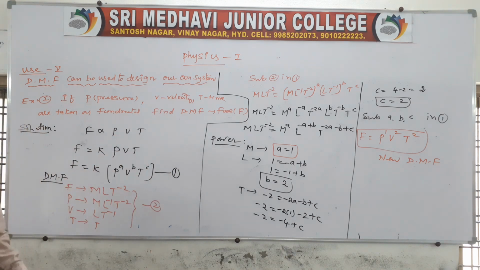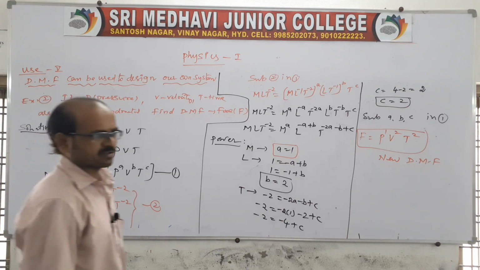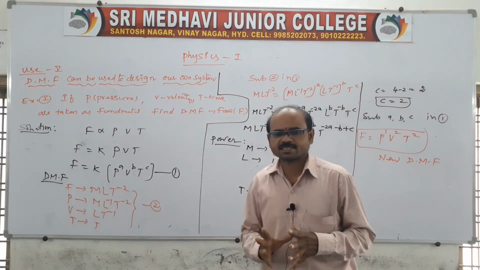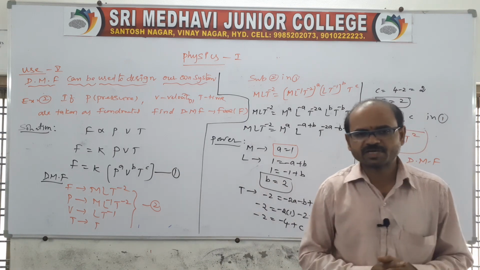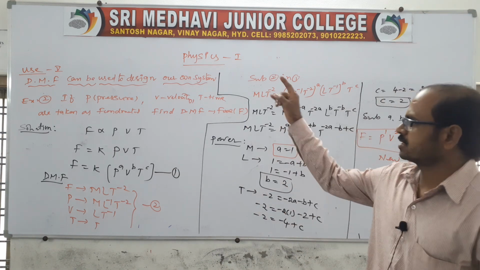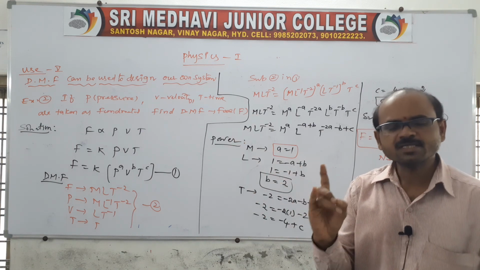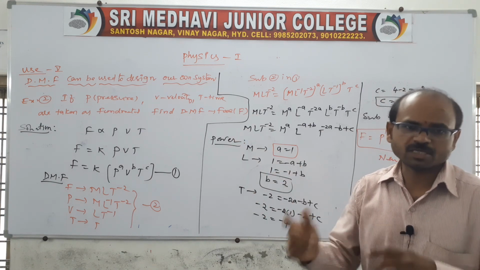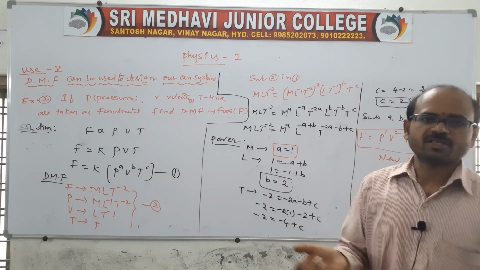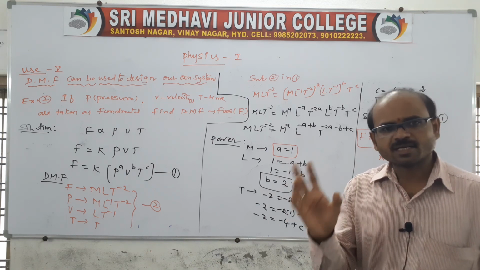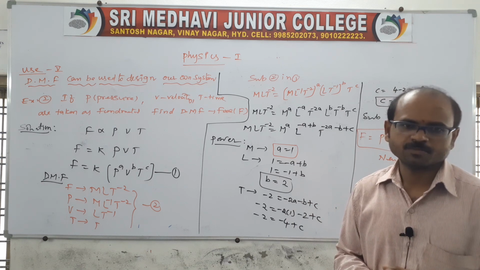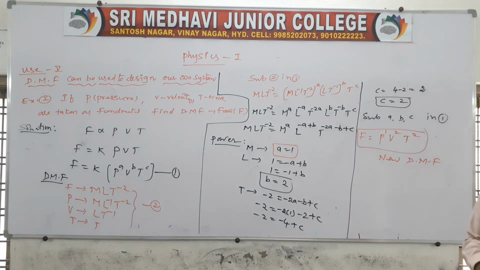Okay, this is about our own system, these are the 5 uses. It is very important for the objective type questions, these are very important uses of the dimensional methods, because we have 5 dimensional methods, and I have given each use 1 or 2 example problems. In the previous class also, you check that for each and every use there is one example problem. Okay, you go through this.